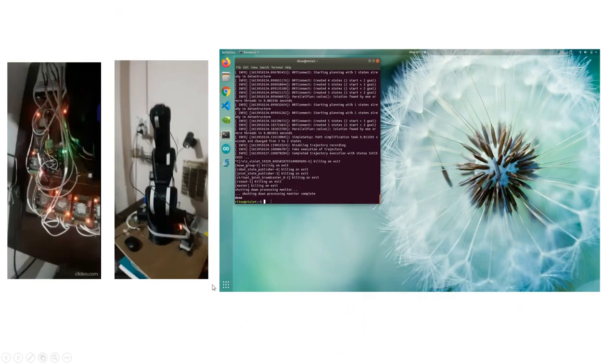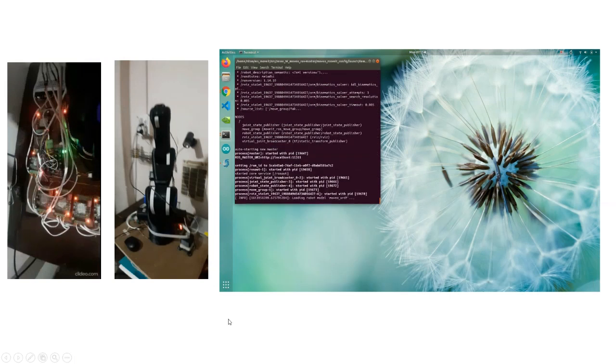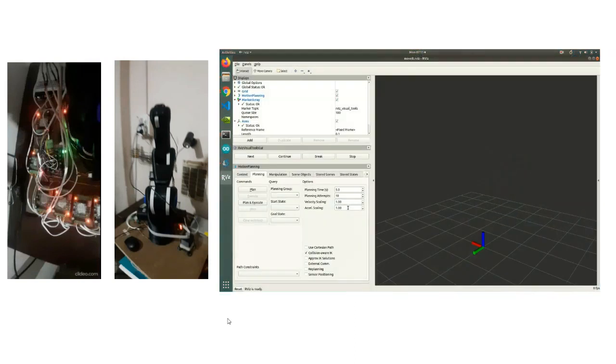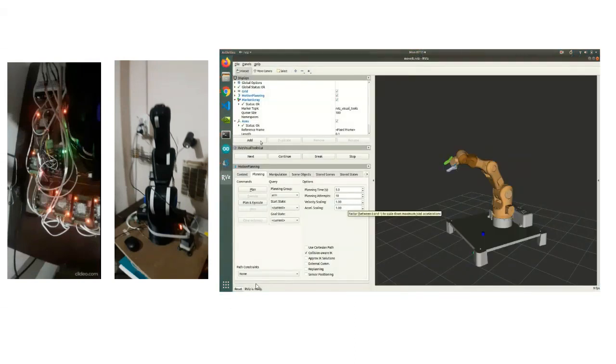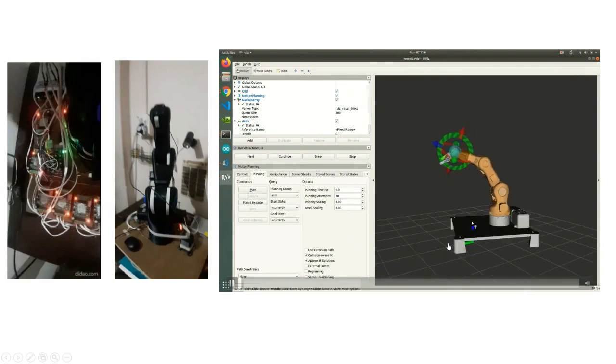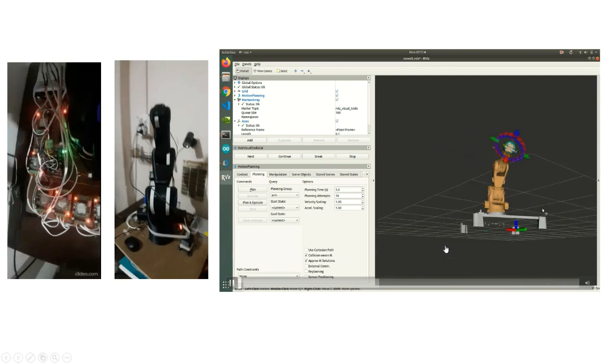This is the simulation of our first phase, wherein we use a launch file to get the RViz simulation going. As you can see, we are using the URDF files, which helps to render the 3D visualization of our robotic model.